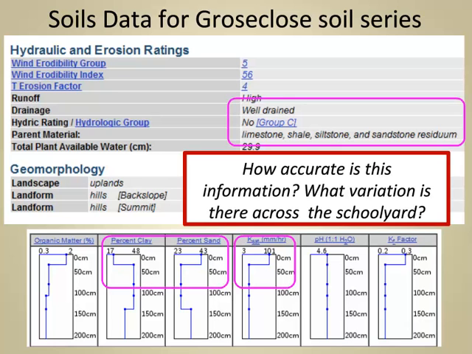If we look at the details of this, we see clearly they are well-drained, and no, they are not wetland soils. And in the parent material, of course, they talk about the various types of rocks that these soils can form on. Limestone, shales, siltstone, sandstone are all, of course, sedimentary rocks. Those aren't necessarily exactly the mix you will find here, but certainly you would expect a lot of weathered